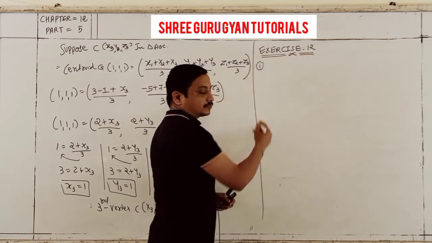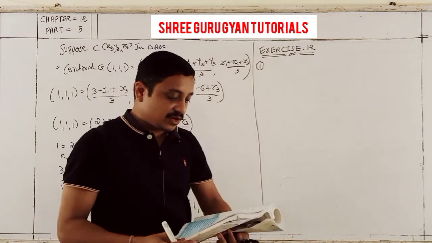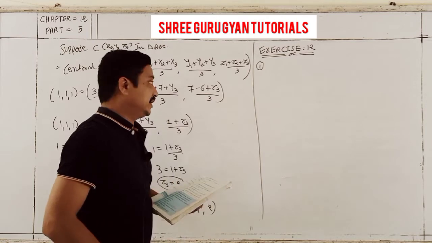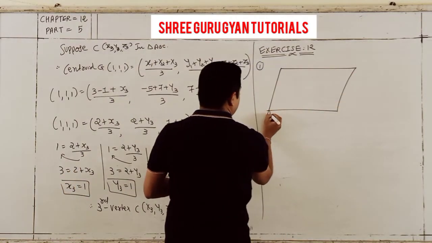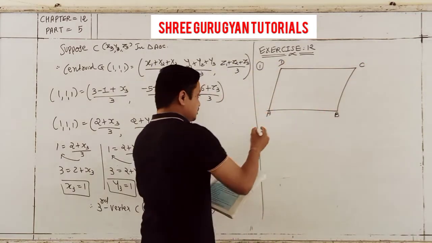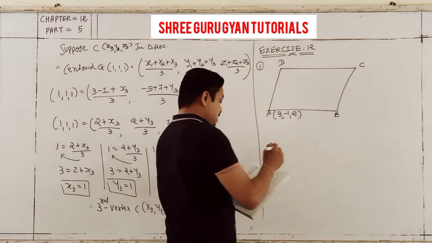First one: A, B and C are given as three vertices of a parallelogram, then find the fourth vertex. So that's your parallelogram, A, B, C and D. A is (3, -1, 2),